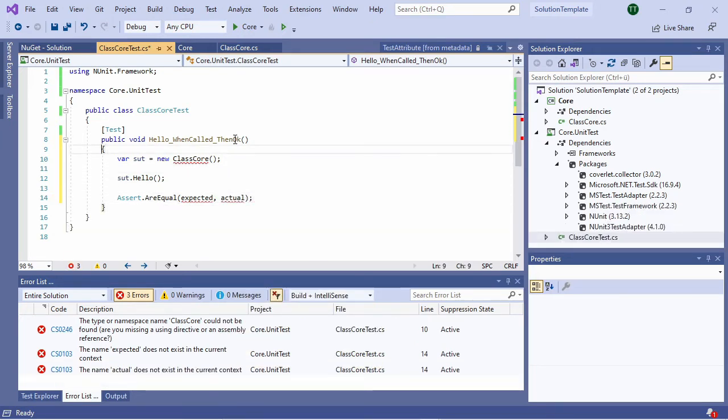So class Core is not recognized because I didn't add the reference, but if I type Alt